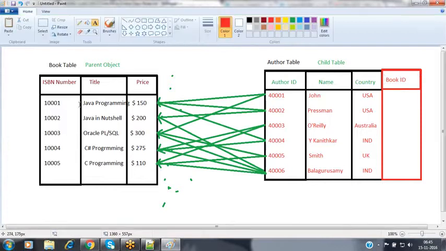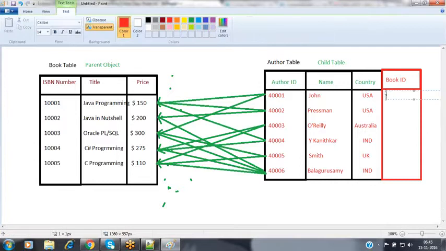Come to this scenario. I am assuming that the book table is the parent and the author is the child. Always the relationship field should be on the child table only. This is the fundamental rule. Now come to this object here. The first record, 4001, John has participated while preparing the book Java programming. Java programming book ID is 13001. So here I'm adding that 13001.